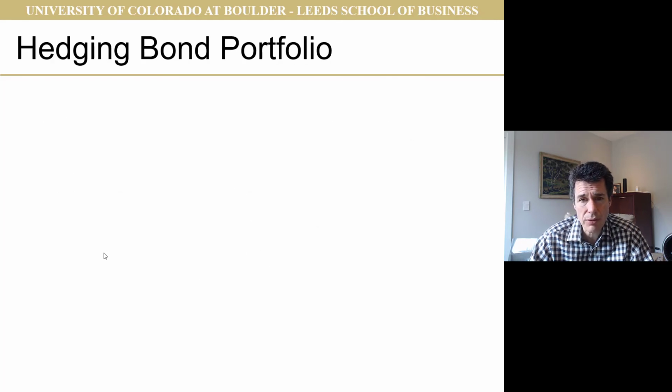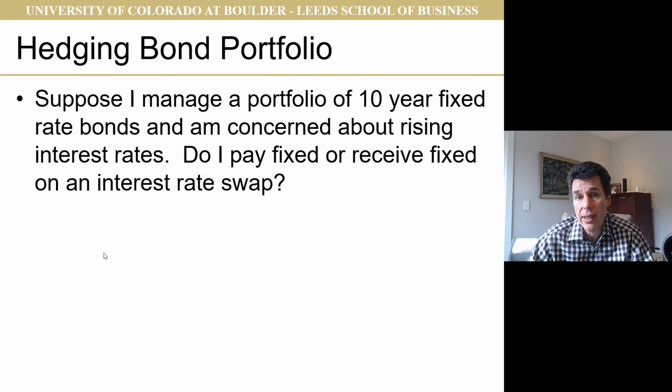What if I had a bond portfolio? So suppose I manage a portfolio of 10-year fixed rate bonds and I'm worried about rising interest rates. Well, I'm receiving fixed on the bonds. If interest rates go up, the bond prices go down and I've got a problem. So what do I do? Well, I'm receiving fixed on the bonds, so I pay fixed on the interest rate swap